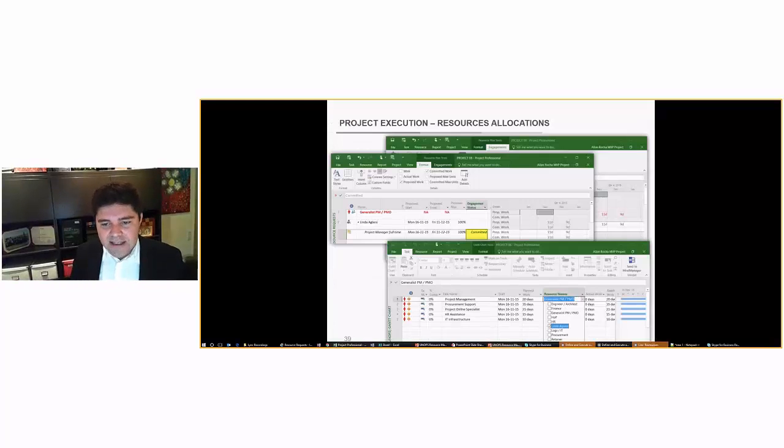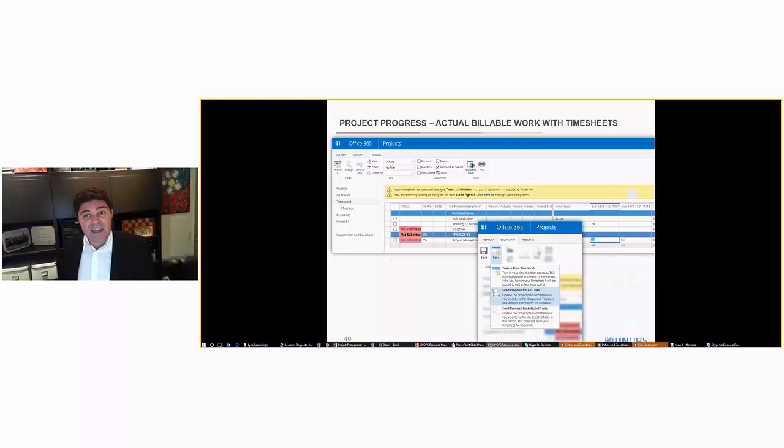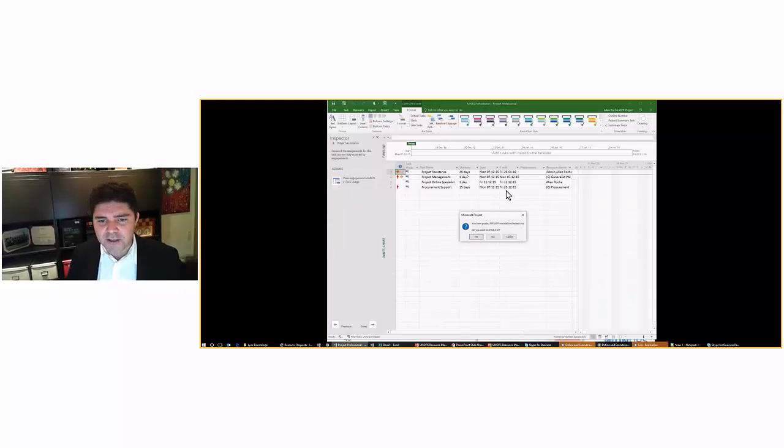By publishing your project, we are actually going for a second step, which is that all actual and billable work come from timesheets. So everything is connected and giving you all the power to plan, get the resource, and get progress from your tasks. So going back to our slide, what we're going to do now is give progress to this information, give progress to my project. So what I need to do is, first of all, I will just close this project